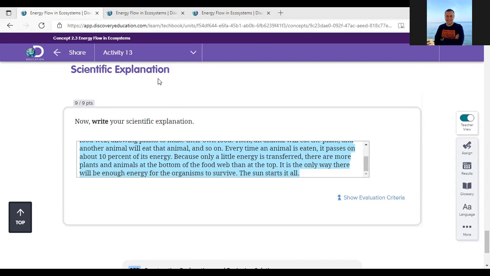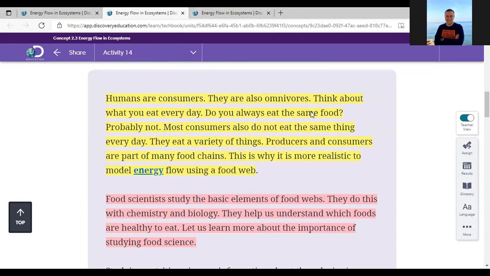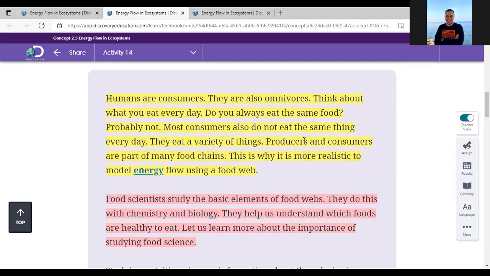Okay, guys, now let's move to the next activity. This is activity number 14. It says analyze like a scientist, STEM in action. The food for dough. Read the text, then complete the activity that follows. So let's read its part, and there is a video that we will watch together. Then we'll move to the question. So the first paragraph,